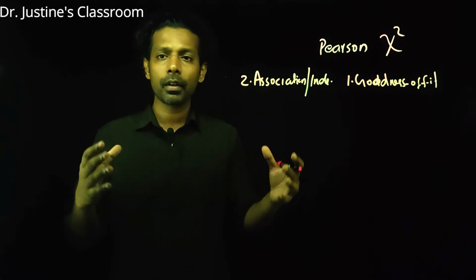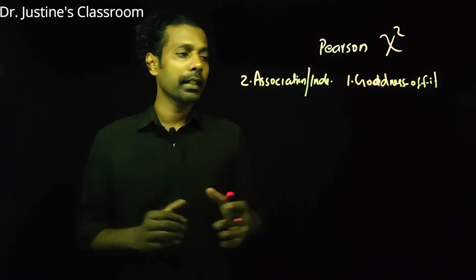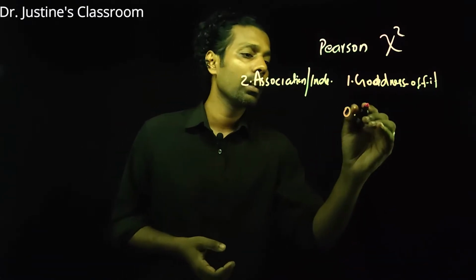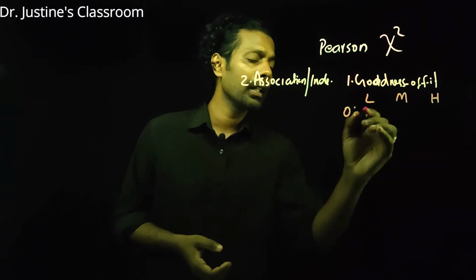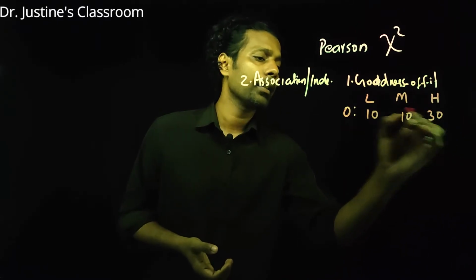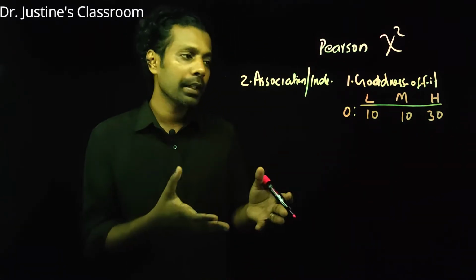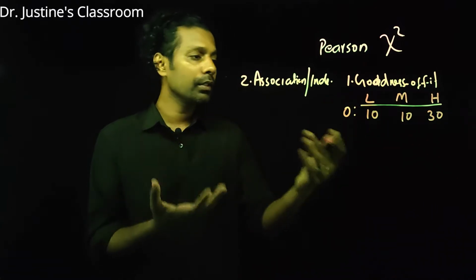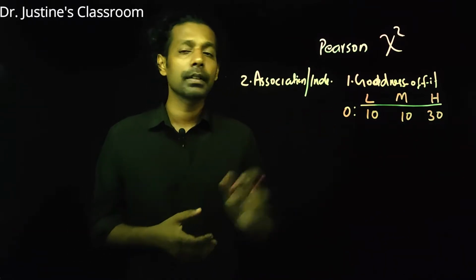I would take a sample of 50 students from that school in the current academic year. Let us say 50, and assume that the observations I have are in the poor, low income group, middle income group and high income group. Out of 50, just imagine that I got 10, and the remaining 30 here. Now what they argue to me is that they are not really biased about the income of the family, but when I took the 50 random sample, I got a score like 10. I'm sorry, 30. Now these are my observations.